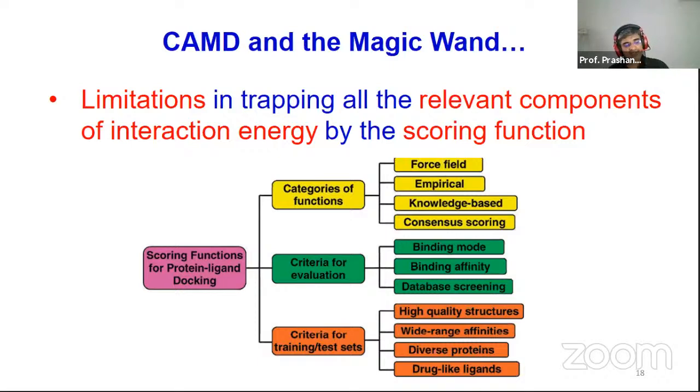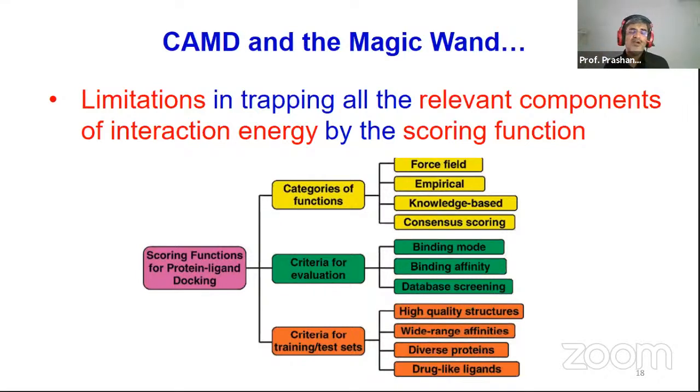Meaning molecule A has got a potency of 1 nanomolar, molecule B has got a potency of 10 nanomolar, molecule C has got a potency of 100 nanomolar, molecule D has got a potency of 1 micromolar, right? So tenfold, like 1 log unit difference. So whether the scoring function is able to differentiate between each of these categories. This is exactly how they train the mathematical model, so that if you have say 10 interactions present, you will classify it as a molecule which is likely to be a 1 nanomolar inhibitor, or rather its IC50 is 1 nanomolar versus 1 micromolar.